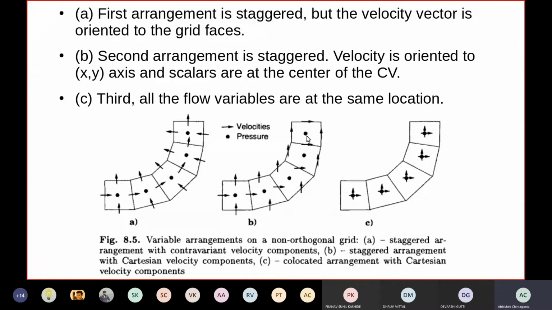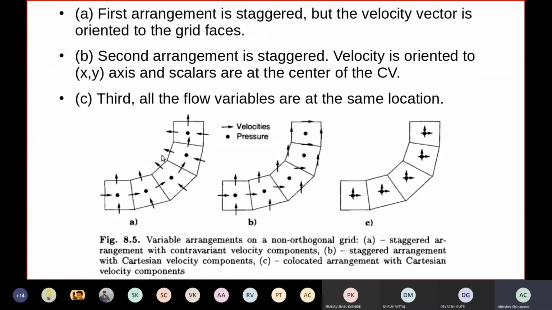So if you store the u and v velocity components in such a way that your u is always aligned to your x-axis and v is always aligned to your y-axis, what is happening here is that on some faces, as the geometry is varying, you will not be able to get correct flow physics. Let's see another alternative arrangement where your u is always perpendicular to the y faces and v is always perpendicular to the x faces.